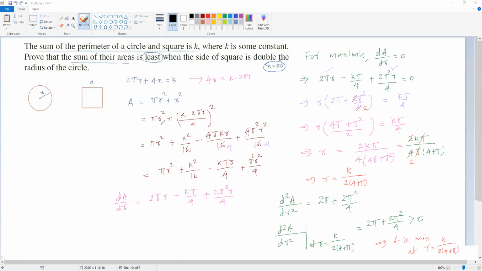Now we proved that the area is minimum when the radius is k divided by 2 into 4 plus pi. But हमें prove करना है कि the side of the square is double the radius of the circle. So left side I will write: when r is equal to k divided by 2 into 4 plus pi,